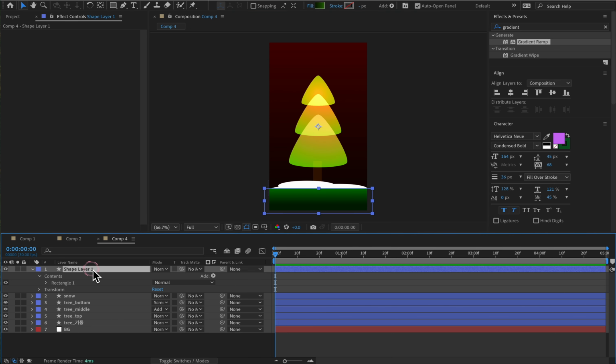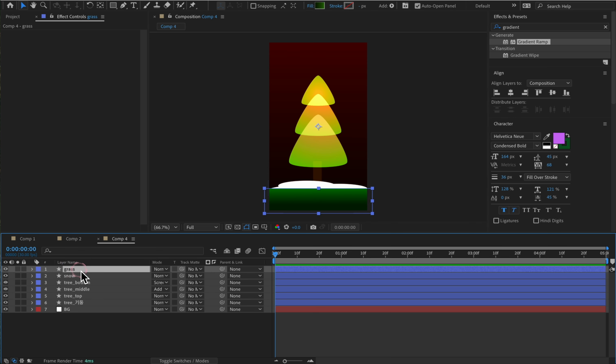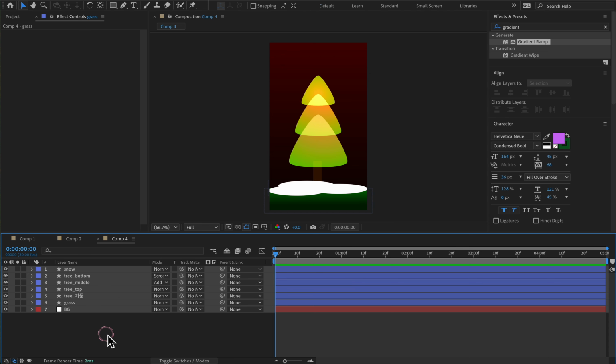Okay, enter, and change the name of this layer, maybe grass, and drag this layer to the bottom, below the top. Over here, everything is on top of the grass. Okay,